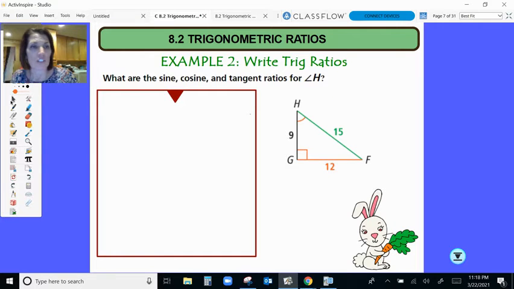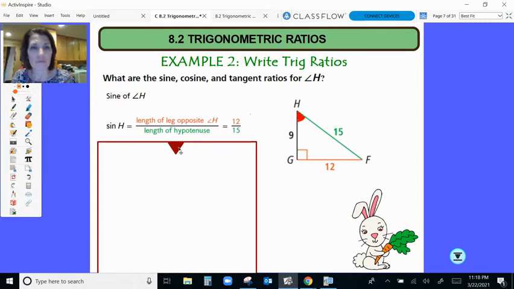Okay, so it says, what are the sine, cosine, and tangent ratios for angle H? It's really important that you know which angle we're using here. So we're using angle H. Make sure we know we're going from this angle, because it really depends which angle, which is the opposite side. And so for angle H, my sine of H equals the opposite from H, which is 12, divided by